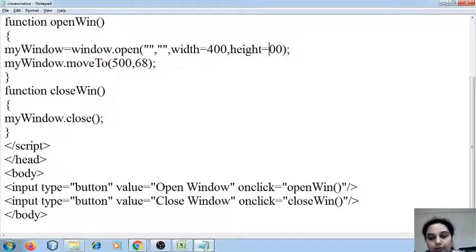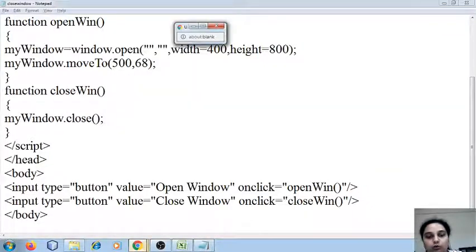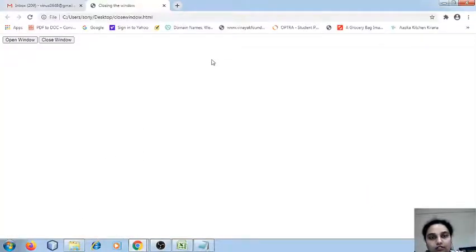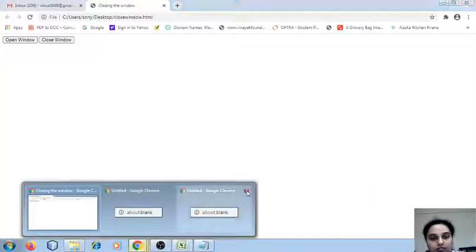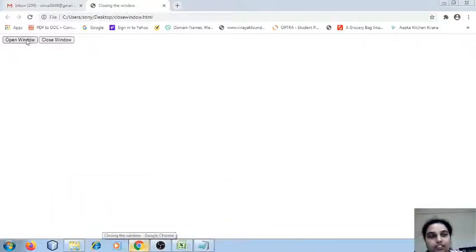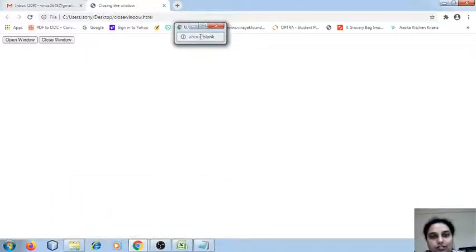Okay, so you have to remember that the position is going to change when you use the move to method. I click on refresh and then when I say open window, see here, the position of the window has been changed. When I open the window, I can close the window from this position itself. But what I want to do, I want to use a button. That is why I have used the close window button.